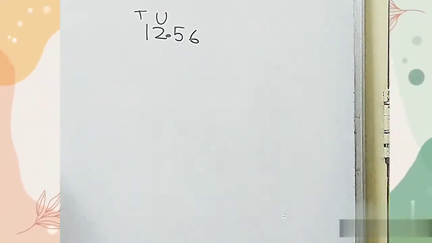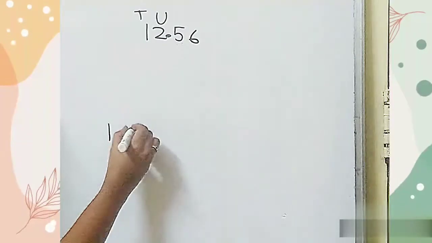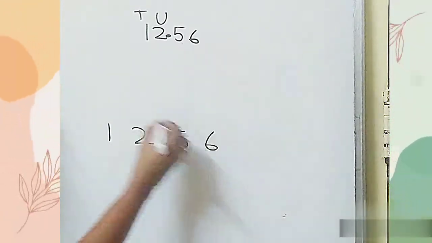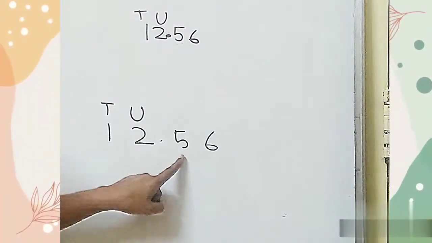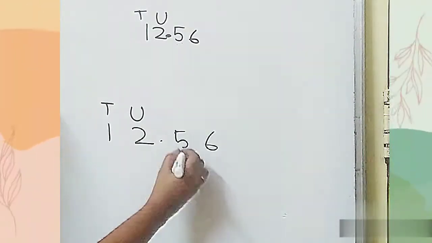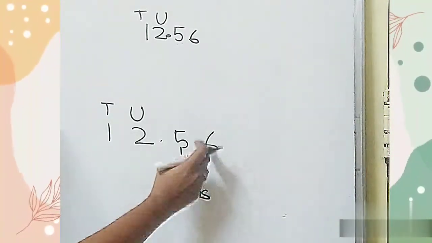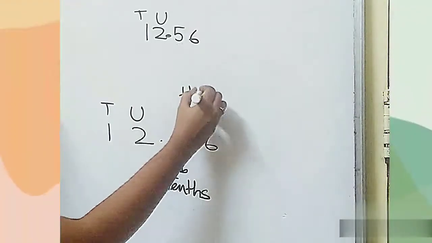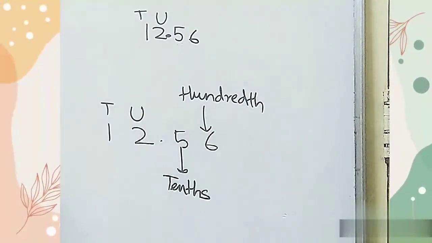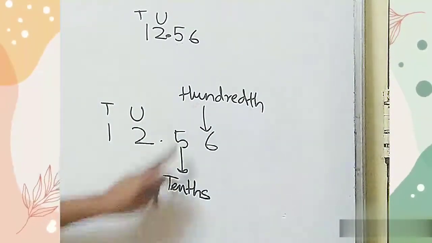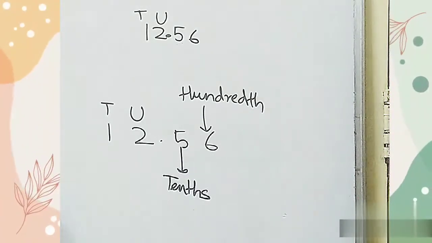So that is actually, I'll write it big, student. This is unit place, this is tens place. This you studied in your lower standard. Now what about after the decimal point? This place is called tenth place. And 6 is denoted by hundredth. And it goes on, so if the number of digits increases, it goes on, like tenth, hundredth, then thousandth. So this is the way we should study, student.